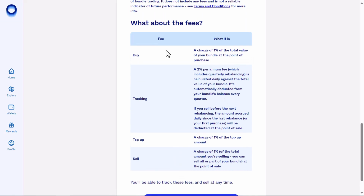And by the way, these are the fees as well. When you're buying a bundle, it comes with a 1% fee. Anytime that you're investing, they're always going to charge you 1% of what you're investing. And there's also a 2% tracking fee per annum. Basically, this 2% is not charged as a lump sum. It is broken down into every quarter. So you are charged 2%, but if you divide it by 4, that's what you're